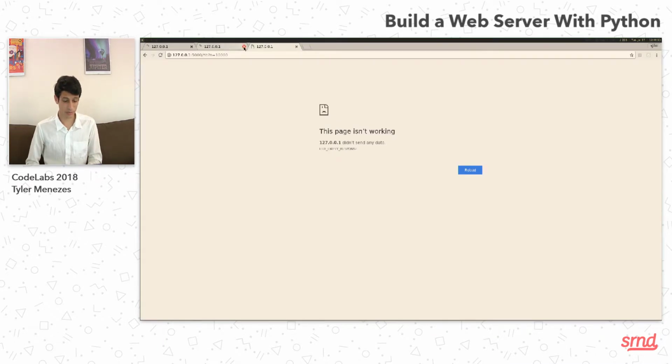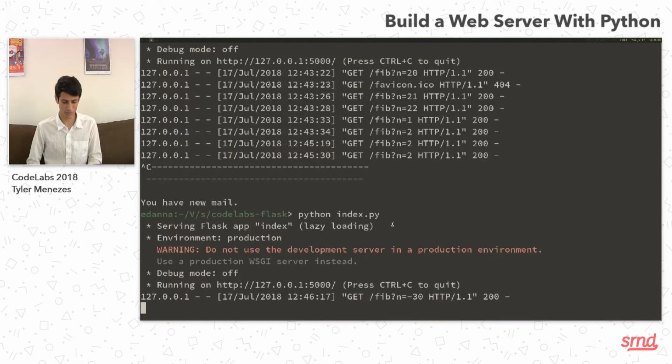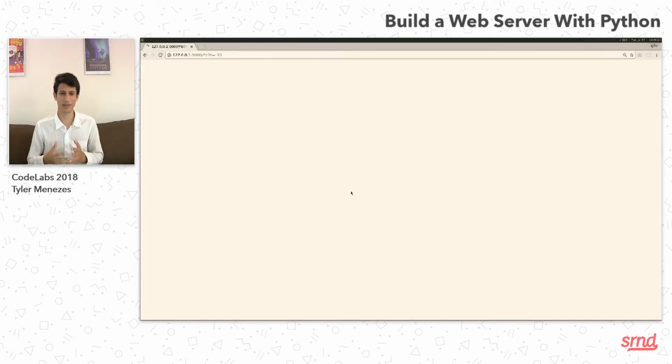Another problem is maybe we give it a really weird input that it's not expecting, like -30. Now, in this case, I think x in range 0 to -30 just does nothing. It returns 0. But you could have potentially other problems, right? Maybe you're loading a file and you ask it for a file name, and you're loading a file from some particular folder. And for that file name, you give it